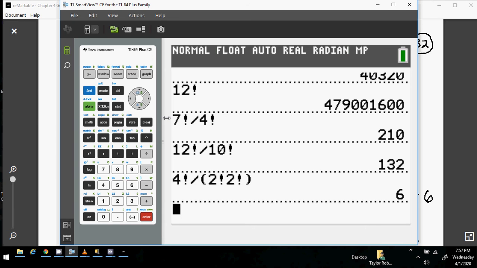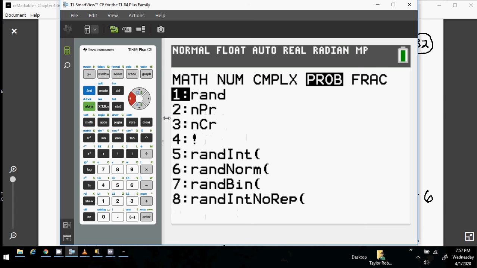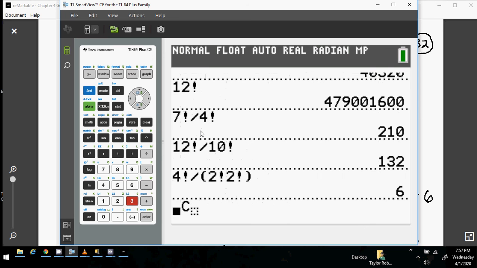Alright, now I do want to show you that there's a way to do this on the calculator, a shortcut, of course. There always is. So if you go to your math left, you'll see that there's an NPR and an NCR. The one we just did was a combination, so I'm going to do 3. And we did 4C2,